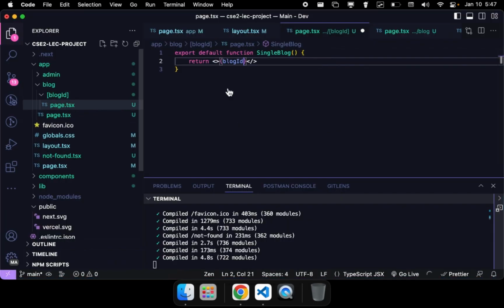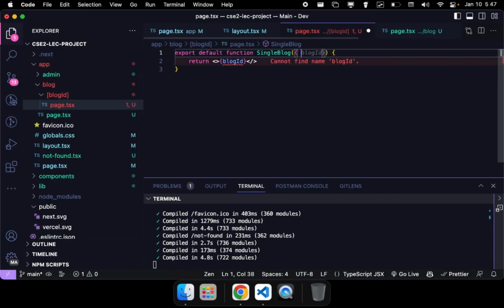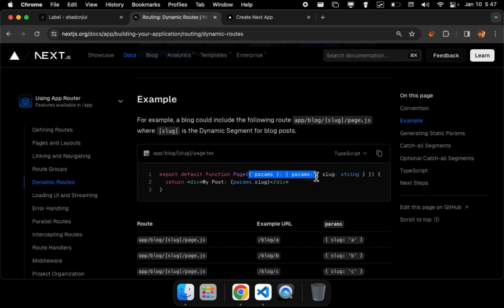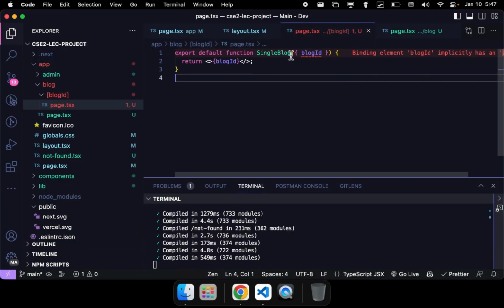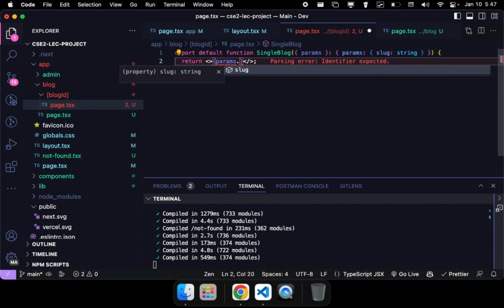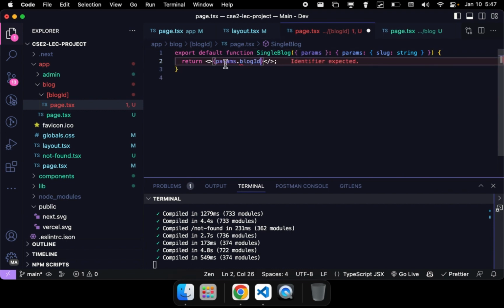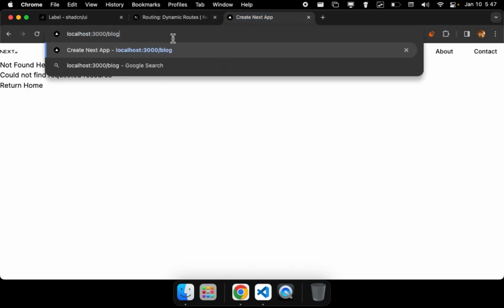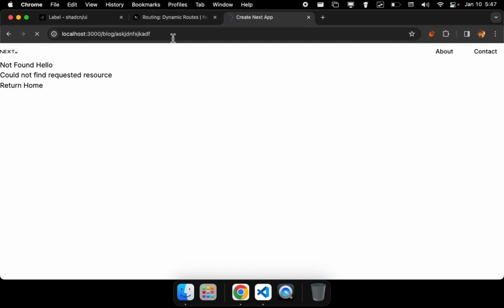So here's our blog ID, but we still need to get that value here in our parameter. It says here that we should use this, so I'm going to use that, and then get the params blog ID. Oh, I think we need to change this into blog ID. There we go. So now if we go here in our blog slash blog, we can now see our blog